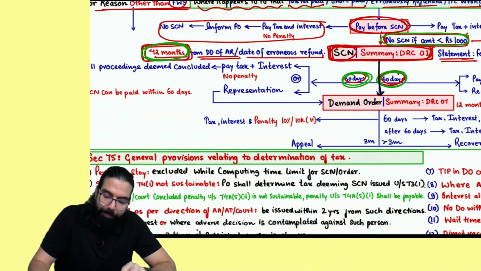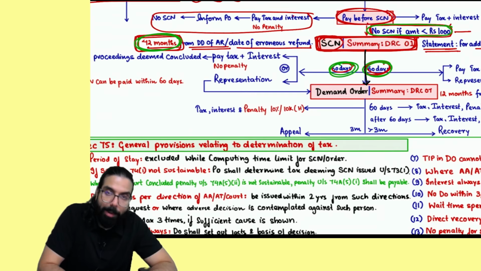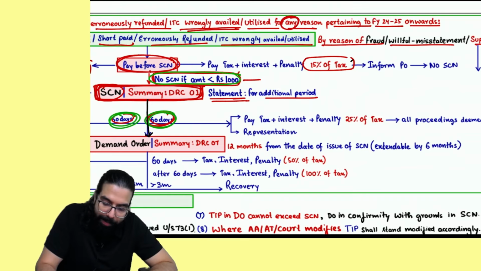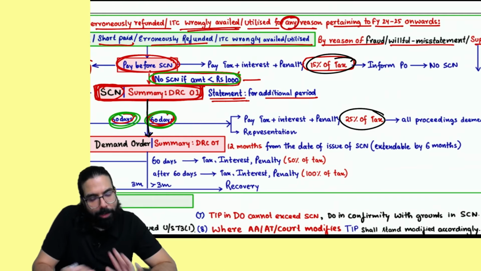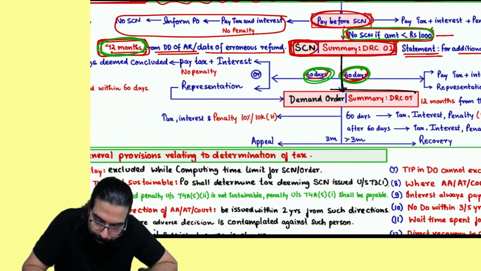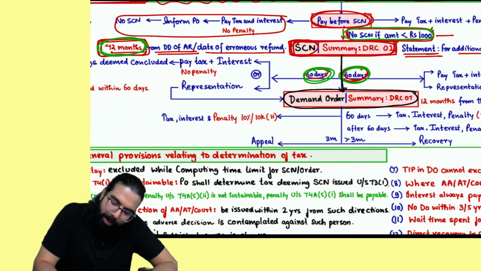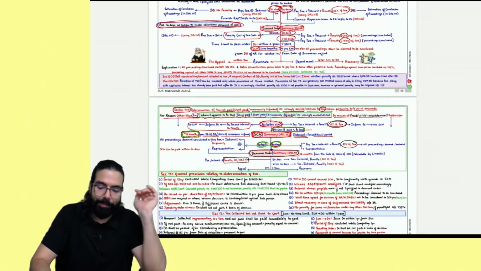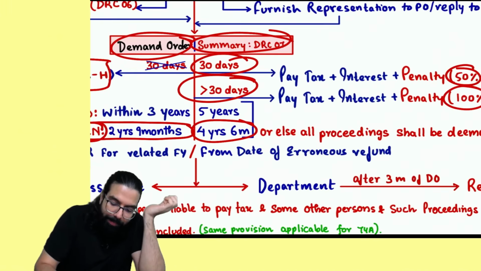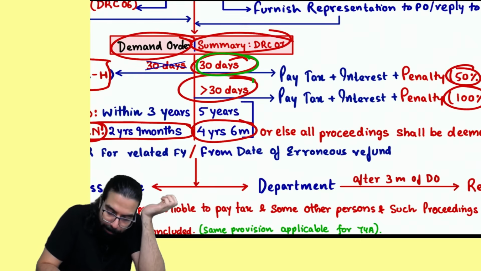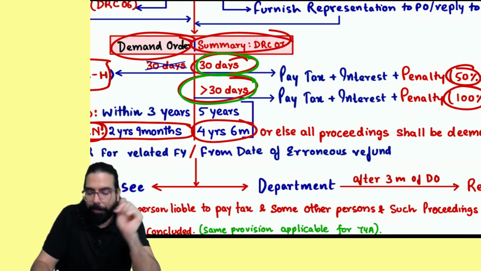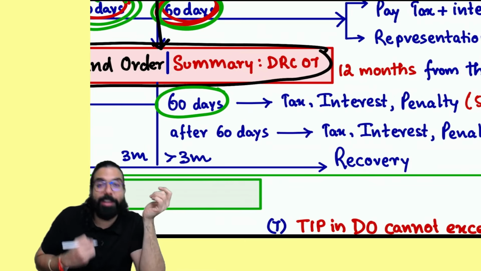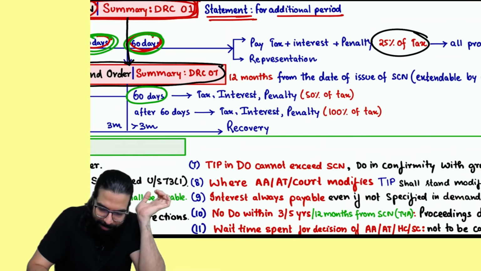Now the demand order will come. Sir, if you make the payment, close the chapter. If you don't make the payment, give representation. Sir, 15% penalty, 25% penalty only. No changes. Sir, the demand order came. If the demand order has come, in a non-fraud case, penalty was 10% or 10,000, which is still there. Fraud cases: if they pay within 30 days, 50% penalty, more than 30 days, 100% penalty. Here they have told, if they pay up to 60 days, 50% penalty.